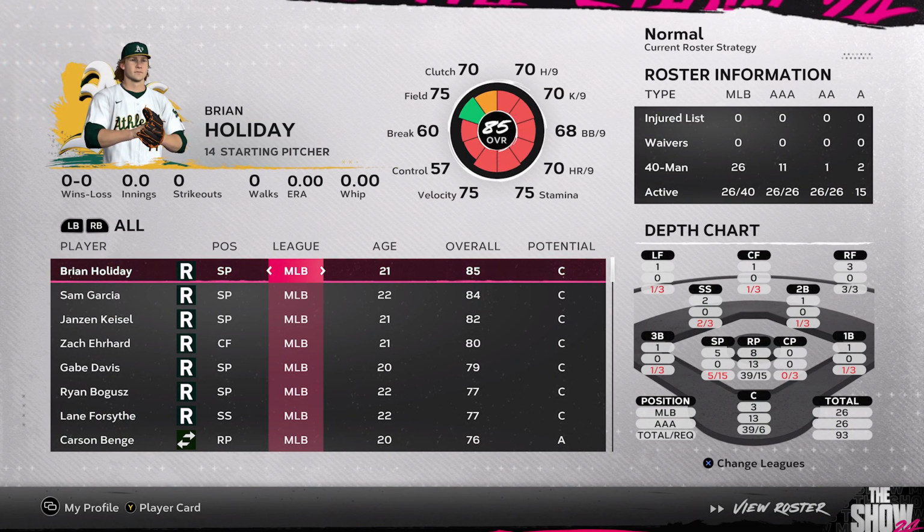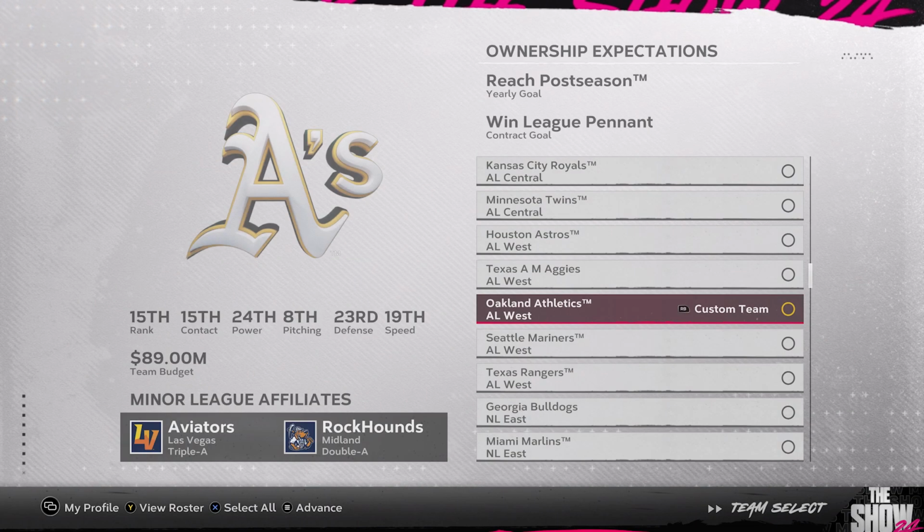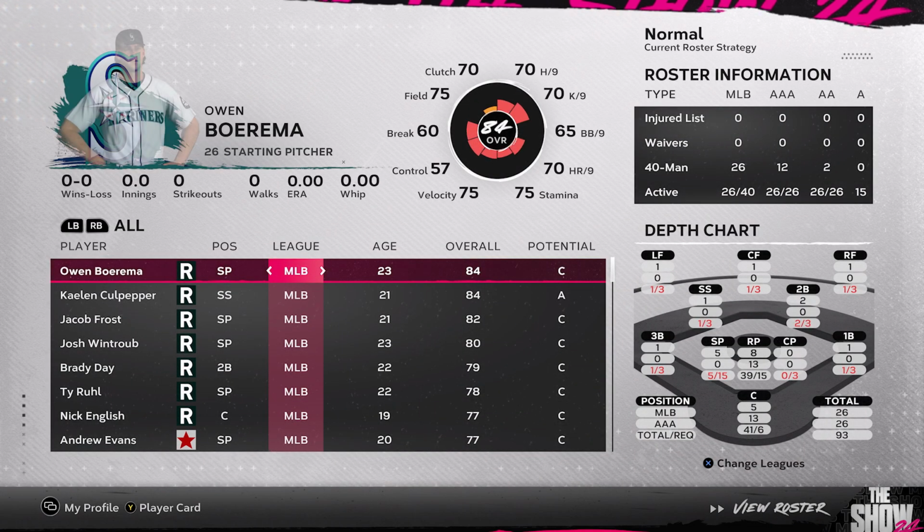Then we got Oklahoma State, Kansas State,